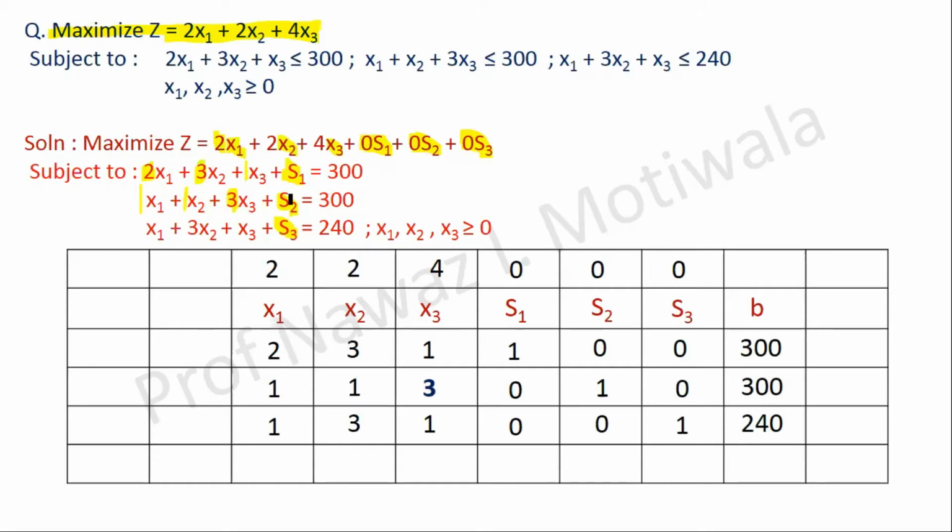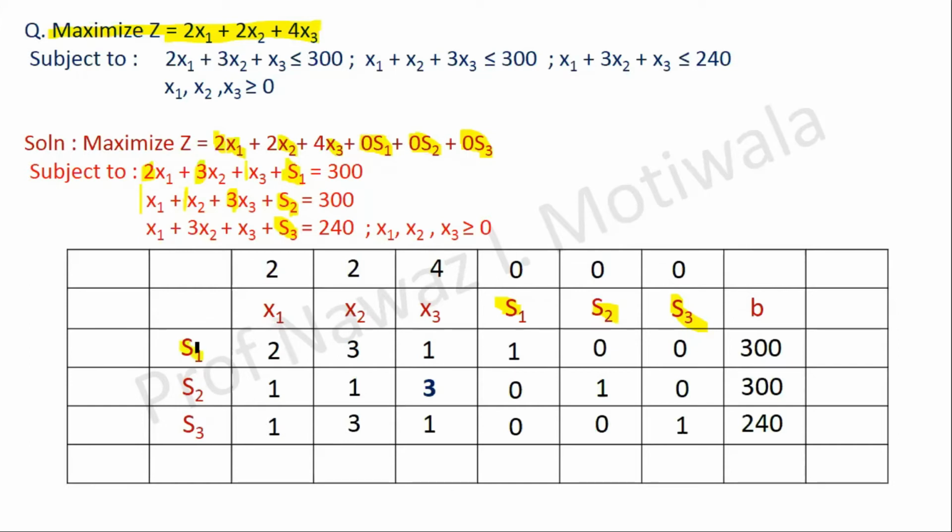So after forming the table, what is the next step? We need to identify what will become our basic variables. For that, the simple thing is to check which variables are making the identity matrix. Look at which variables are making the identity matrix. s1, s2, s3. Yes, these three variables s1, s2 and s3 are making the identity matrix, and in that particular order only. Here it is 1, 0, 0, then 0, 1, 0, and 0, 0, 1. So this same order will be written in this column: s1, s2, s3 as our basic variables.